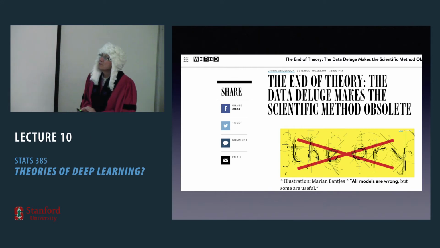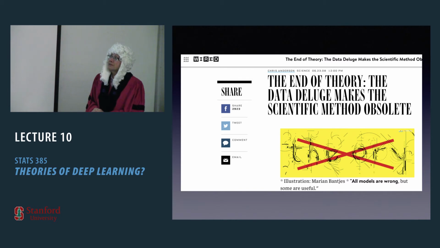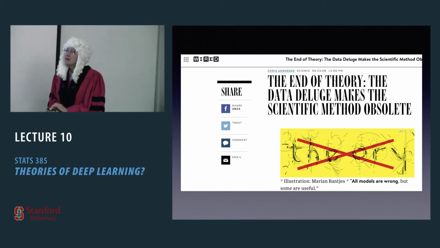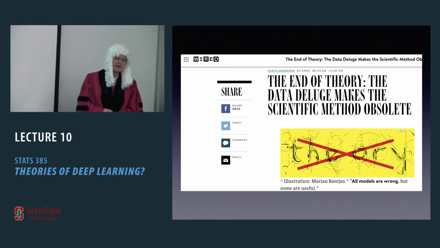At the same time, there's a meme that's out there, and has been out there for about 10 years, that the unreasonable effectiveness of data is going to kill theory. And one place that this became very prominent is in an article in Wired about 8 or 9 years ago. This article by Chris Anderson, then editor of Wired, brought forward very clearly the idea that if you have enough data, you don't need theory.